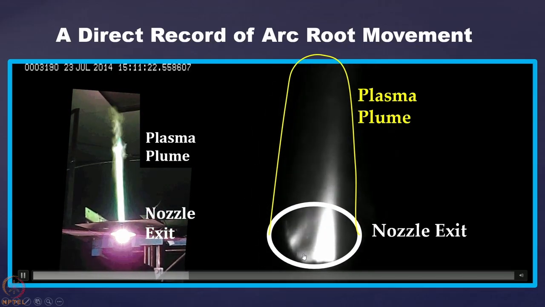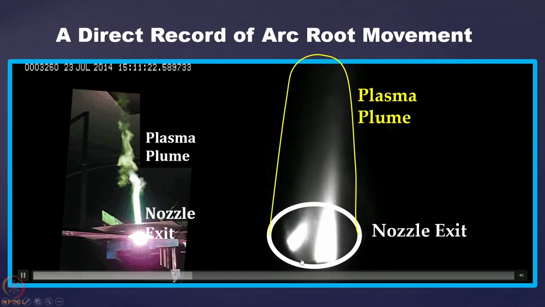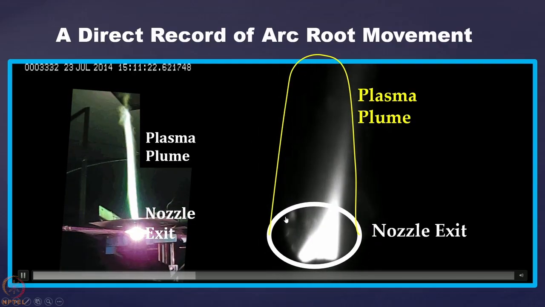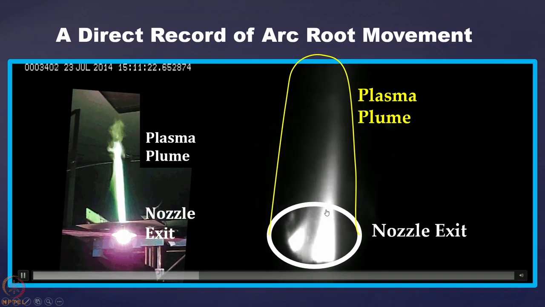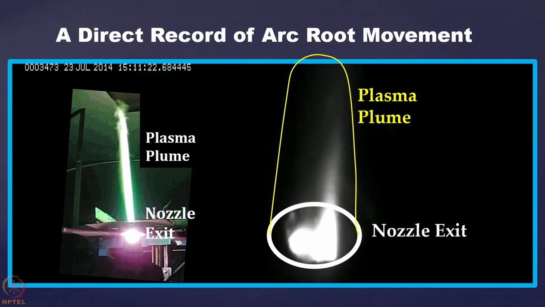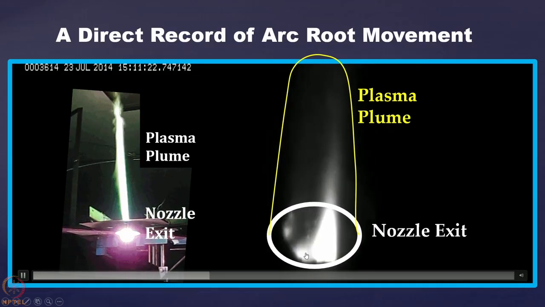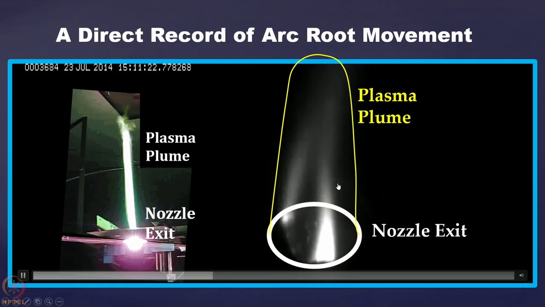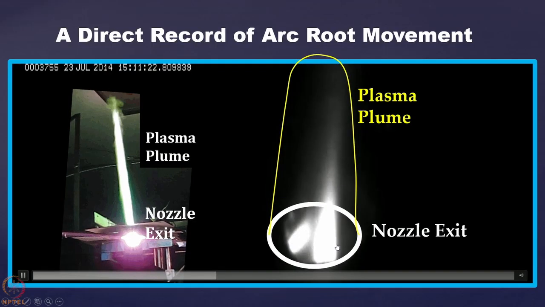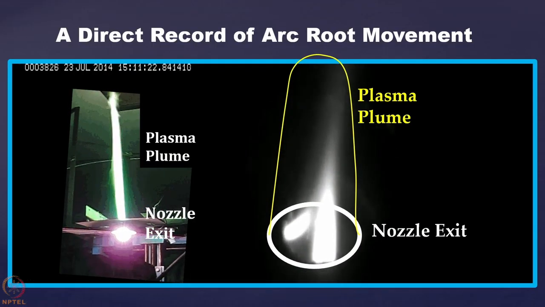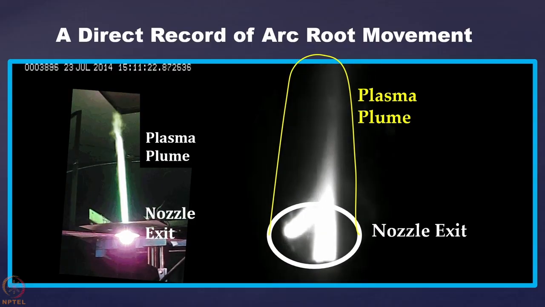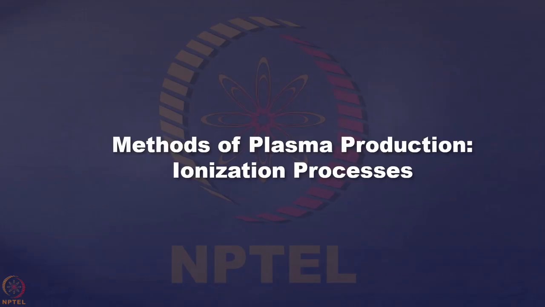And you can see that a number of arc roots are possible, multiple arc roots are possible simultaneously. Like this one, you see this one and that one. They exist simultaneously, but they cannot continue for long. Only one will survive, and the other will get extinguished. So temporarily multiple arc roots are possible, and they are always dynamic, as we are seeing over here, and they are basically pushing the electromagnetic body forces and causing the kind of instabilities that you see in a plasma device.